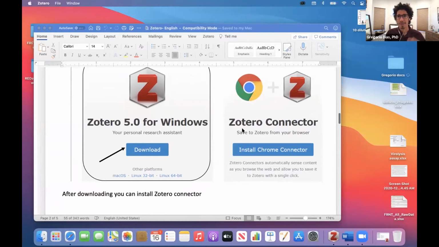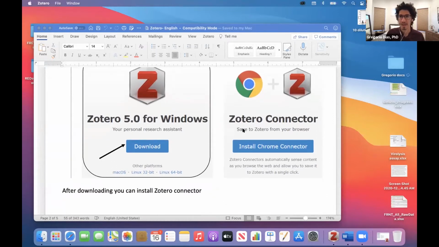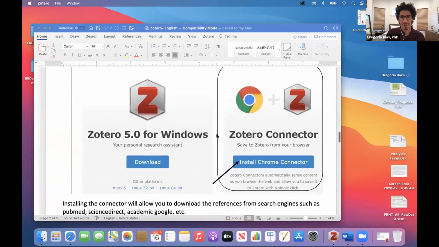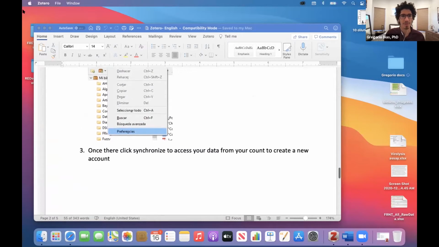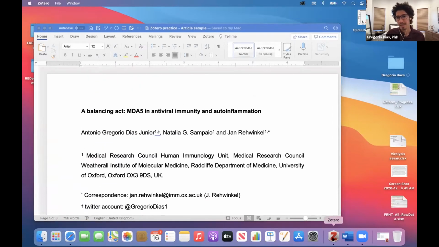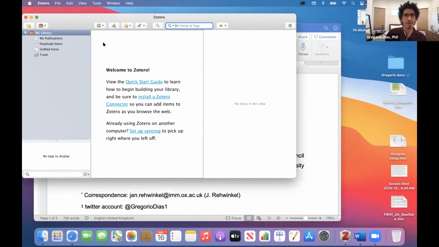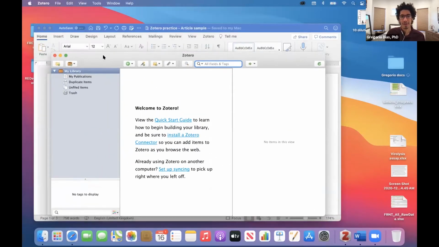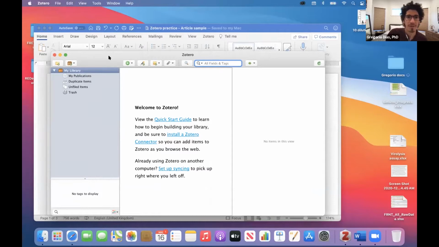Just going back to the beginning, with this reference software, I don't know if someone is still doing references manually, but you should never do your references manually. You should always use a reference software like this to help you. Here there are the several steps on how to install. You can check that later at home. So what I did yesterday, I downloaded Zotero, and whenever you do, you have a software that looks like this,